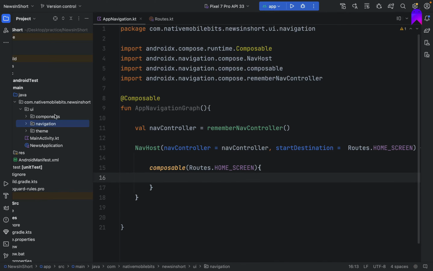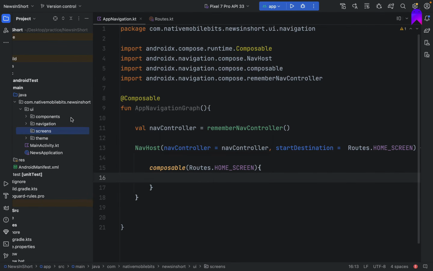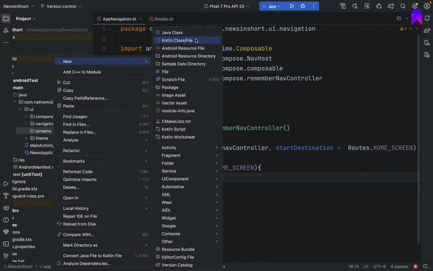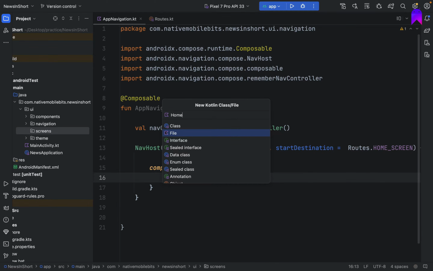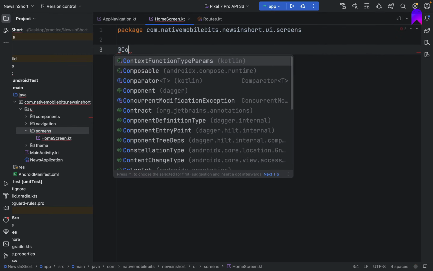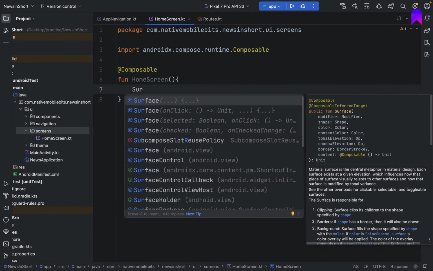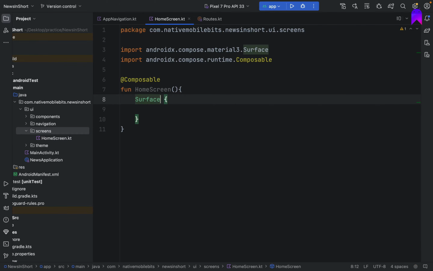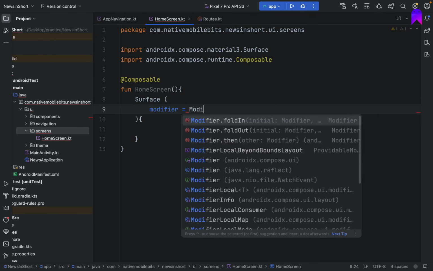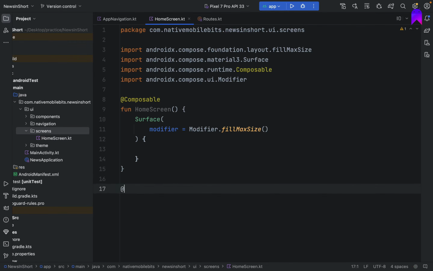So we can go back, and inside UI itself let's define one package, and inside this let's create one file, and we are going to call it home screen. We can just use one composable, we can call it home screen, and inside this we can just add one surface for now, and it is also going to take one entire screen space with modifier.fillMaxSize,